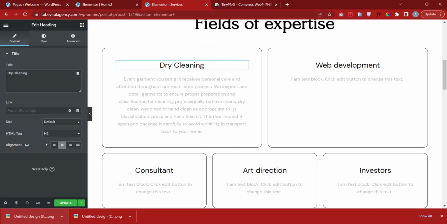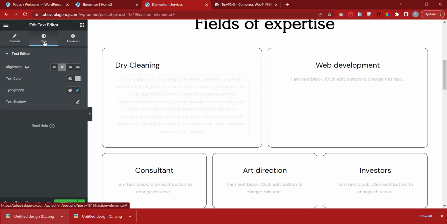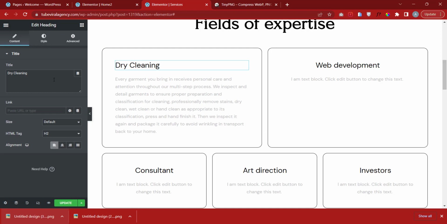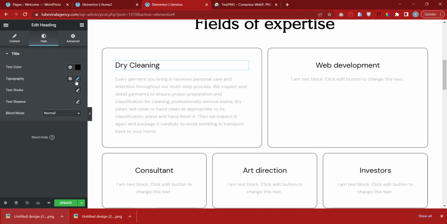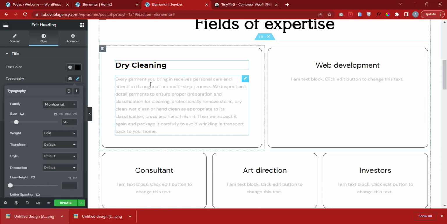This you can click on it and align it to the left. This one too, you can go to style, align it to the left. So you can actually click on this, go to style, typography, font, Montserrat. So you can make it bold since it's the title. This,